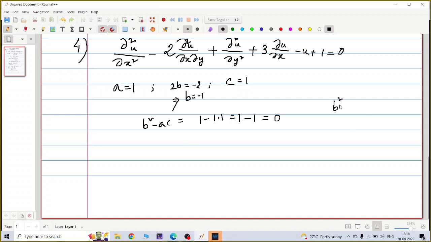If suppose B square minus AC is 0, then it is parabolic. If B square minus AC is less than 0, then it is elliptic. And if B square minus AC is greater than 0, then it is hyperbolic. Okay. So here B square minus AC equals 0, so it is a parabolic type. Now what the question is saying is that,